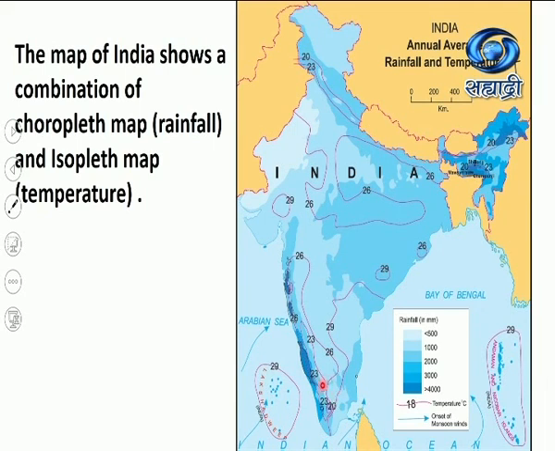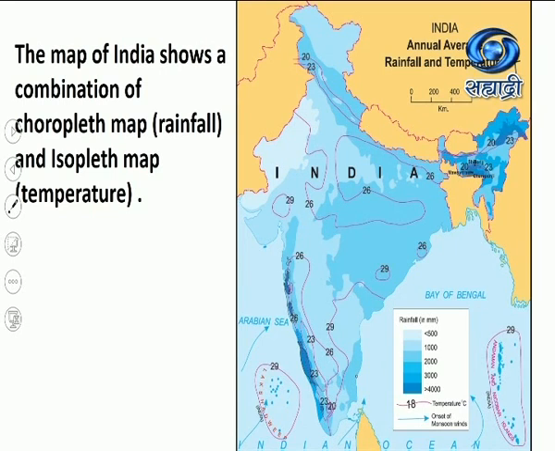In the south also you find 20 degrees Celsius. It is because of the altitude over there. Now India has got varied altitudes and the oceans. They both affect the climate of India. Now these lines in the central part of India, joining the places with equal temperatures, are somewhere around 26 degrees Celsius. The highest temperature you find in the plateau region of India, that is 29 degrees Celsius. So these lines show the isopleth map, that is, temperature variation in India.